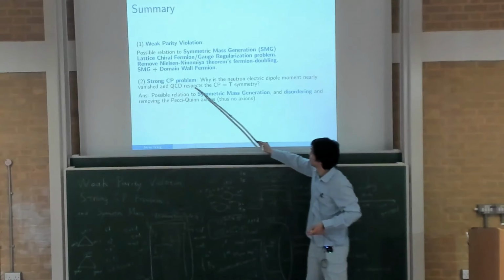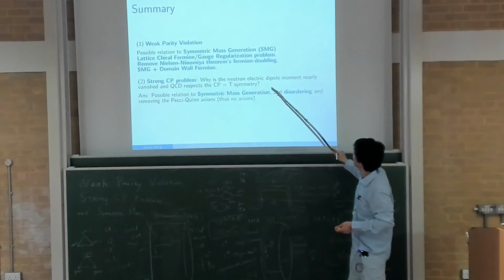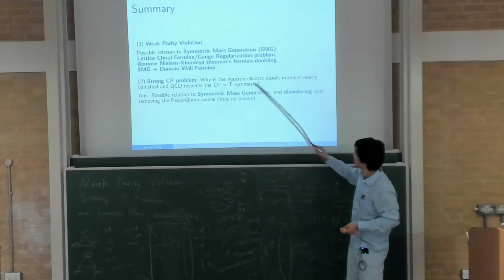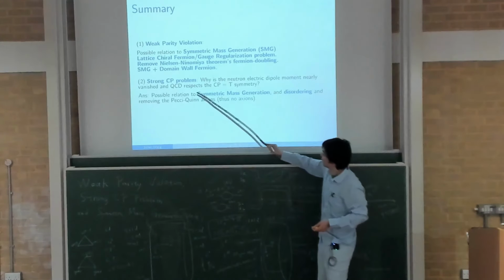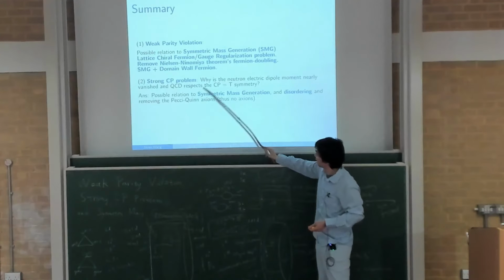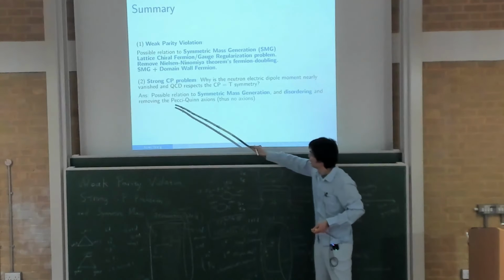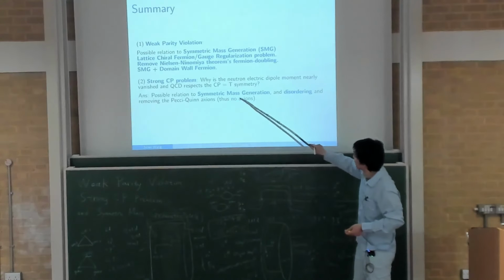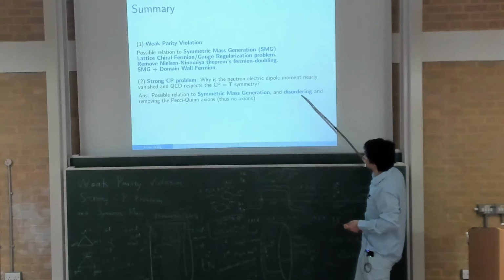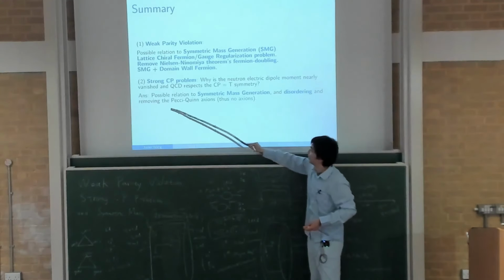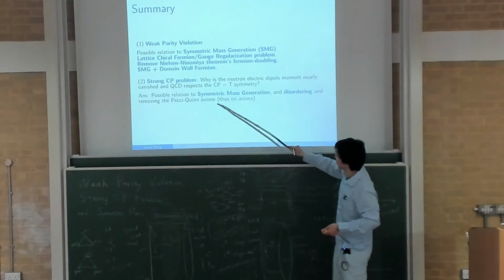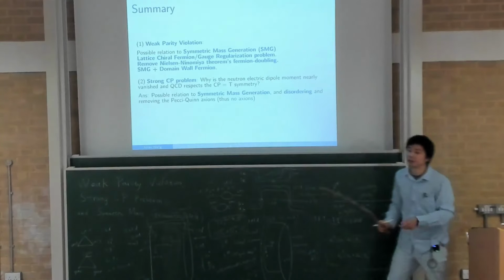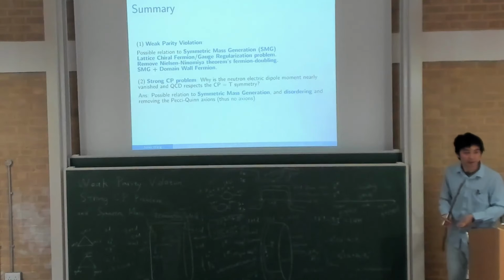And now the strong CP problem. I think the new take we have is that the question people have is why the neutron EDM, electric dipole moment, is small, so QCD respects CP and T symmetry. But today we propose that possibly they can have some relation to the SMG, due to disordering the theta, or in some sense moving the theta action into the disorder phase. So the action is in the order phase, and we go to the disorder phase. Yeah, so that's it. Thank you very much.